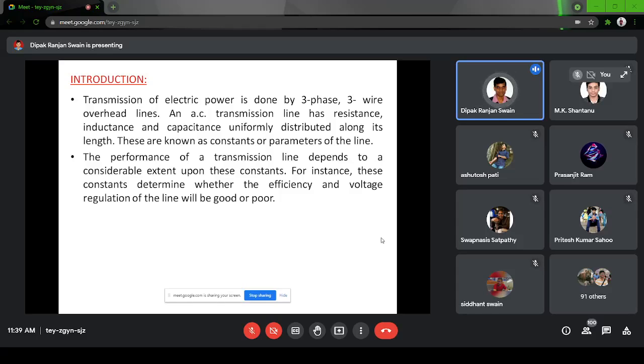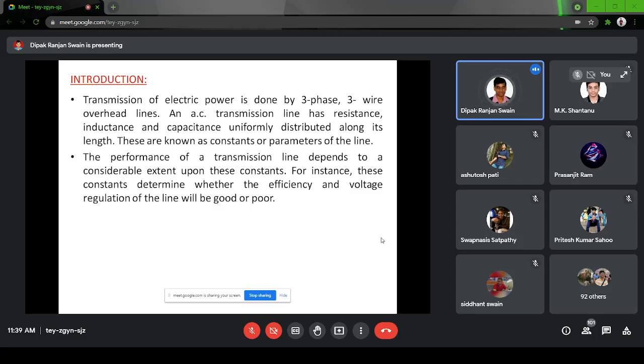In practical case, what will happen? They are distributed throughout the 350-kilometer transmission line. So whenever you get them in a single lumped parameter, obviously you are generating some kind of error. But still, the time calculation is very drastically decreased, and sometimes the accuracy doesn't matter. Let us say, when you are dealing with 10,000 ampere of current, whether the current is 10,020 or 10,005, that may not make so much difference. Okay, so that is one way.